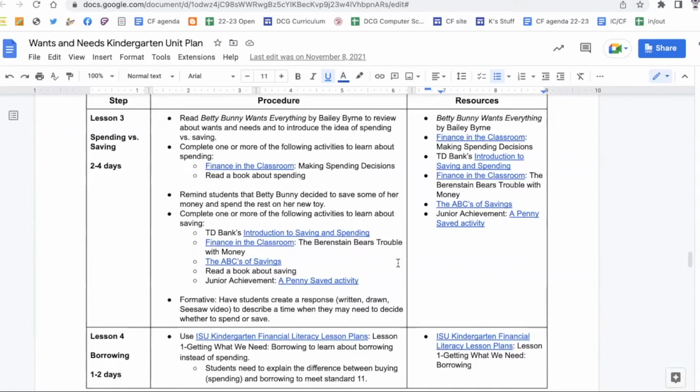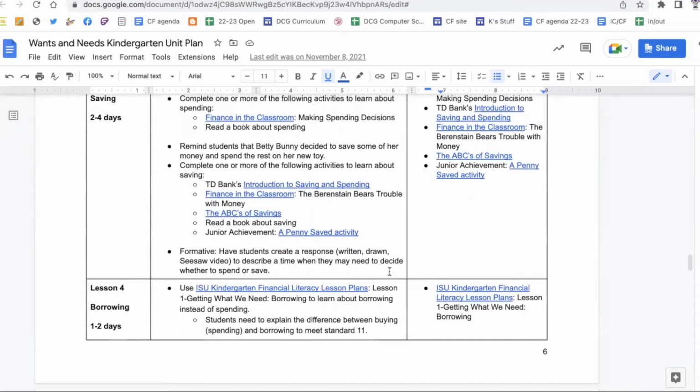Then we can talk about saving, and there are 5 items listed to choose from to practice that. Again, you can do more than one if you'd like. The formative for this is to have students create a response, whether it be written, drawn, or maybe recording a video on Seesaw, describing a time when they think they might need to decide whether they need to spend or